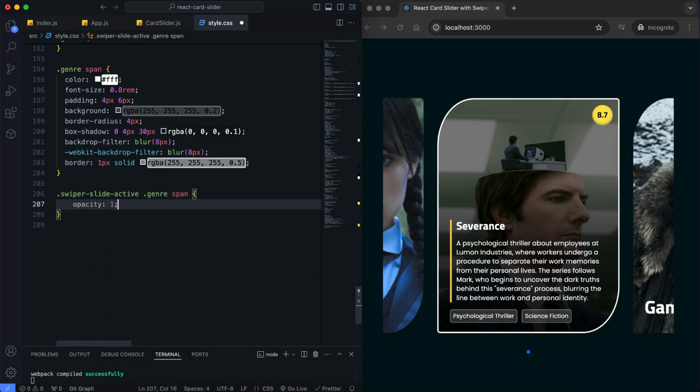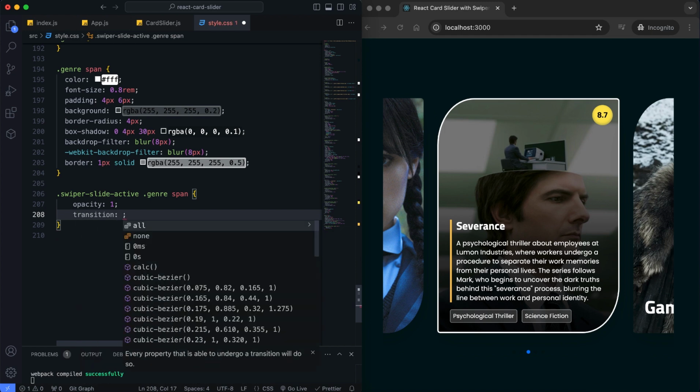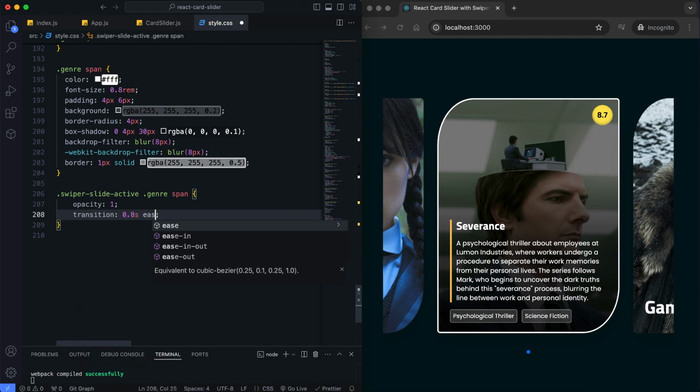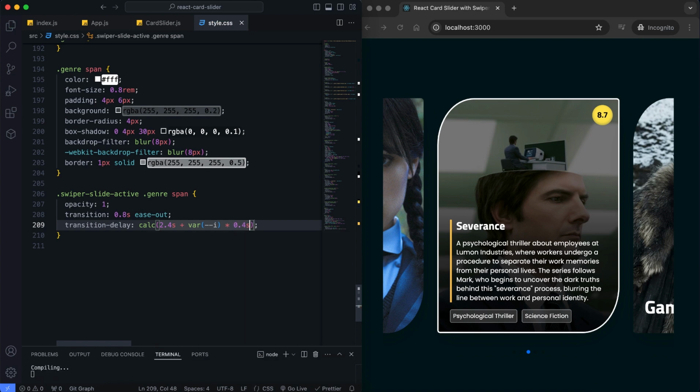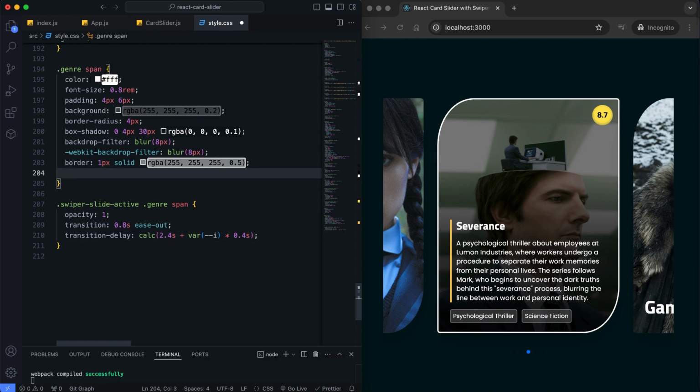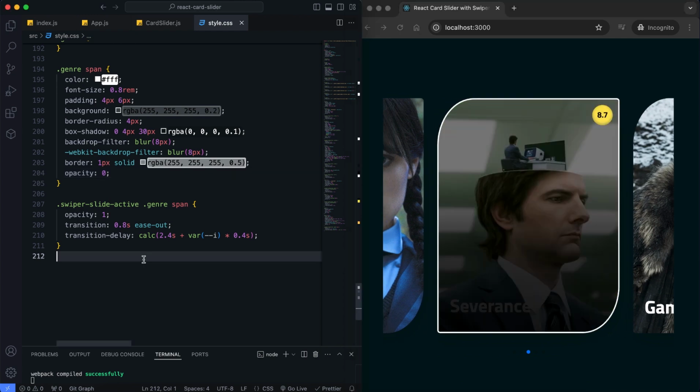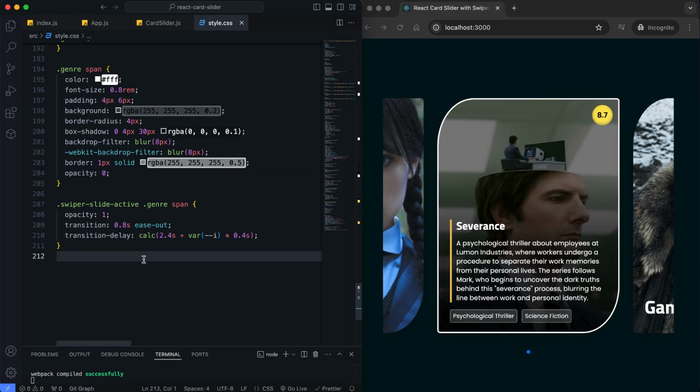If the slide is active, each tag shows up one after the other using the transition delay property. This way all the tags won't pop at the same time. We add a smooth transition to make the animations look clean.